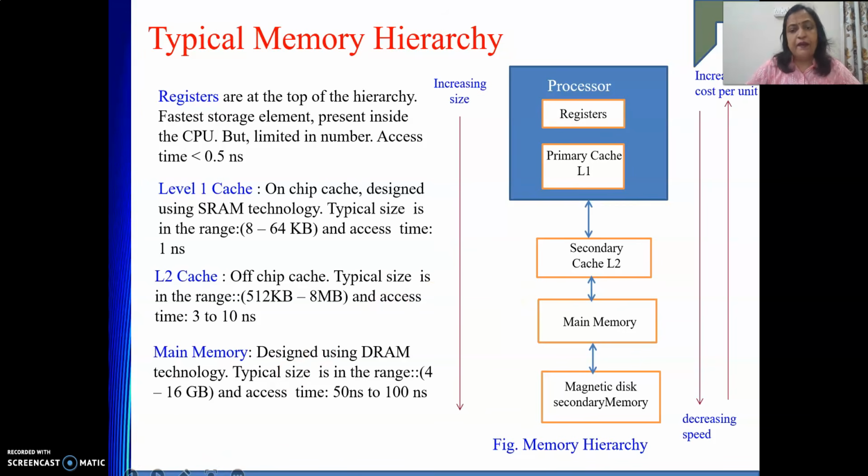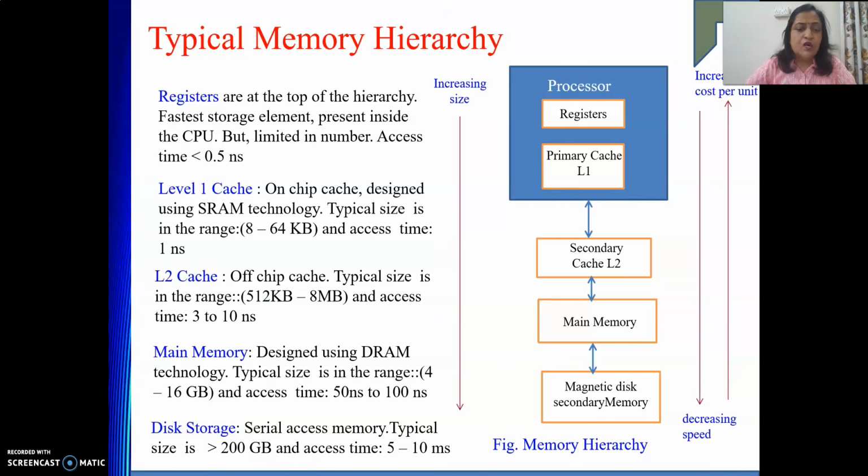Then the next one in our hierarchy is secondary storage, secondary memory. Secondary memory is a serial access device, so its speed is mechanical speed. Speed will come in milliseconds, because seek time and rotational latency will be there. Transfer time is not very big, but latency and seek time will be in milliseconds. Due to that, access time in the case of secondary storage will be 5 to 10 milliseconds. But the benefit is we can provide a bigger size secondary memory. So the whole of the data is present on secondary memory.